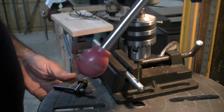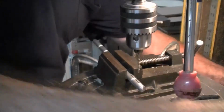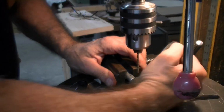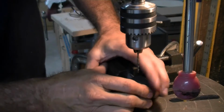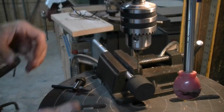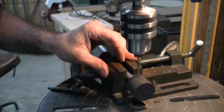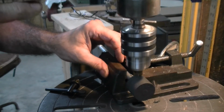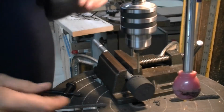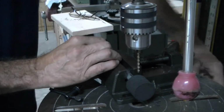Okay, so now I've got to reline up the table here. Okay, got her tightened up. Now we'll put this back on here. Okay, I've got her on there as far as I can get her. Now we'll just drill straight through. Okay, worked like a charm. We're all the way through. Now we can take it out of the vise,